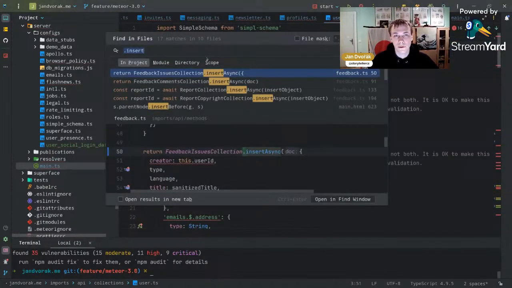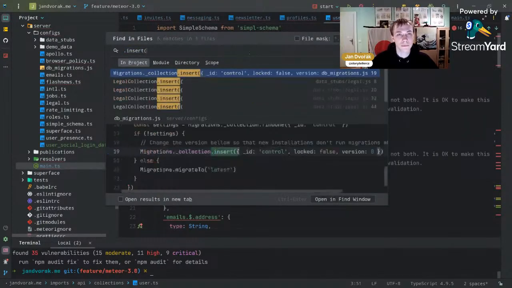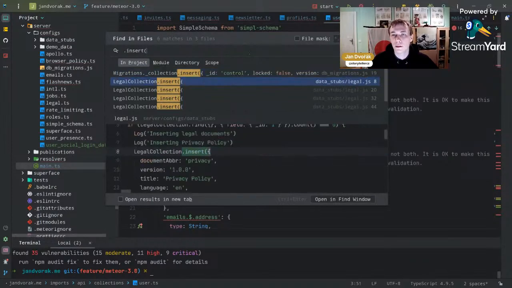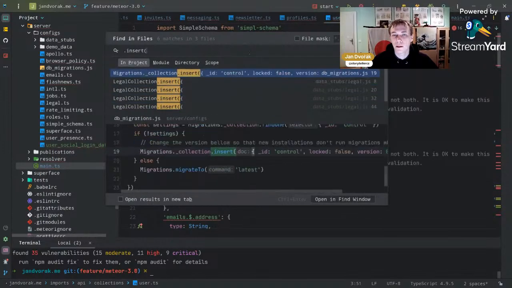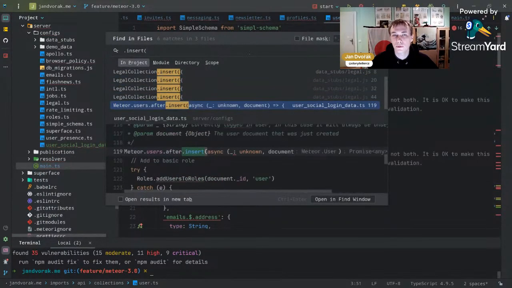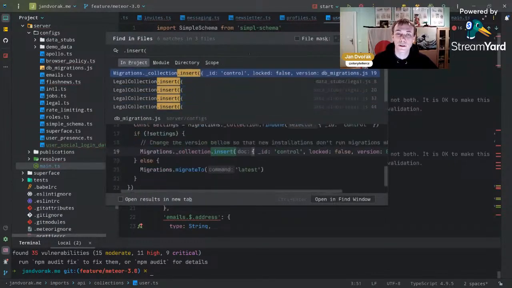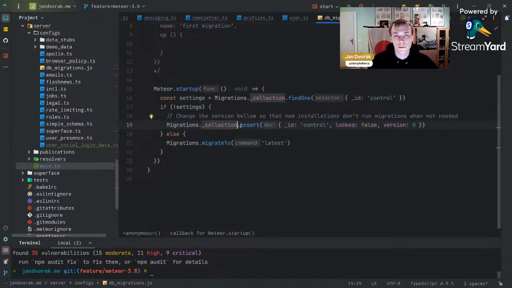Okay, any other dot insert, and we can actually make this even better like this. We have in data stubs and in migrations. So not much. And this one, last one, the is after, we'll have to look into the package itself to see if I need to change anything. So let's just